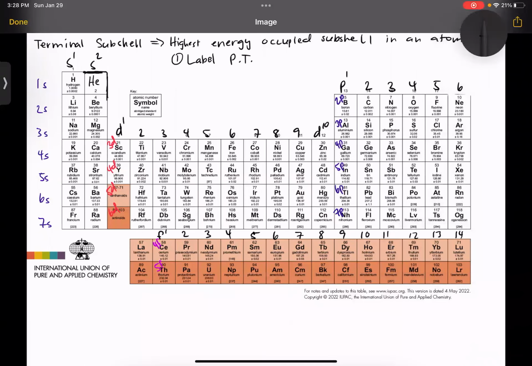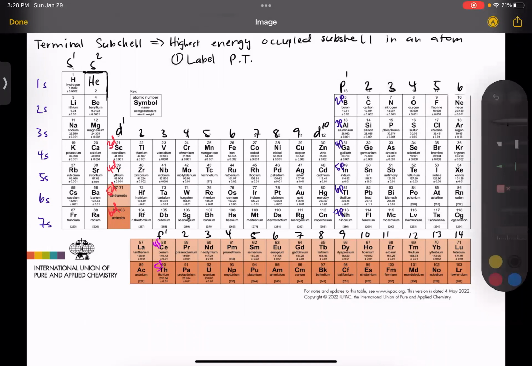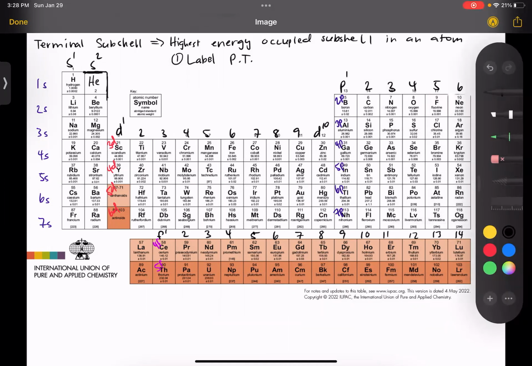Let's do the electron configuration for rhenium, Re, 75. Rhenium has an atomic number of 75, which means that a neutral rhenium atom also has 75 electrons. So the second step in determining the electron configuration is to locate the element